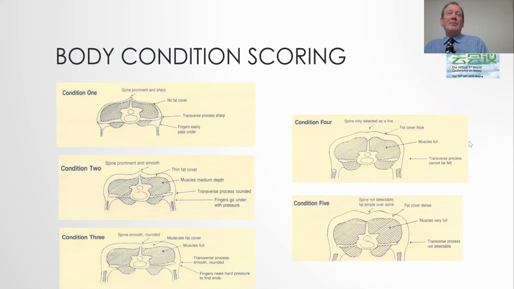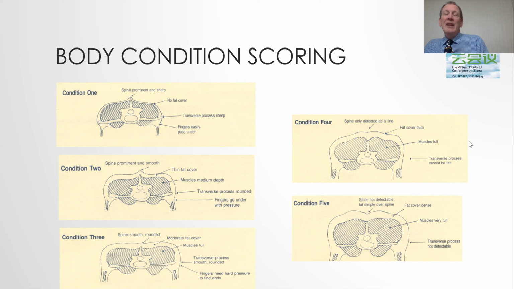So we know this is a pictorial display of the body condition scoring system, showing that very thin ewe, that body condition score 1, that has basically very little fat over that transverse and spinous process. As we start working to the body condition score 2, 3, 4, and 5, you see progressively more and more fat being deposited